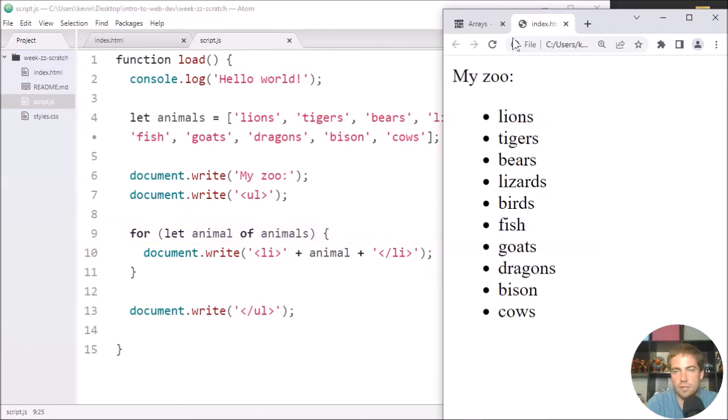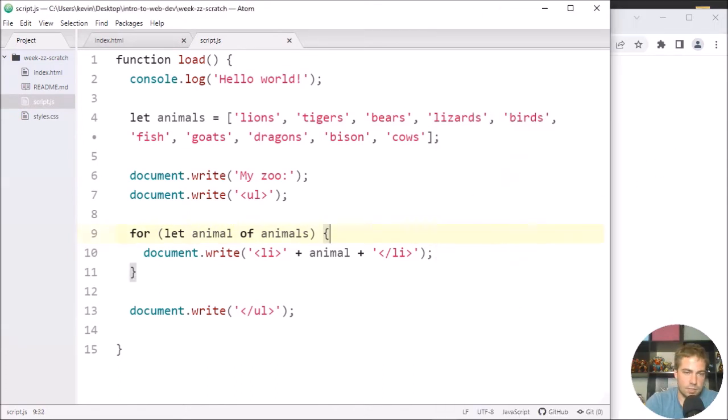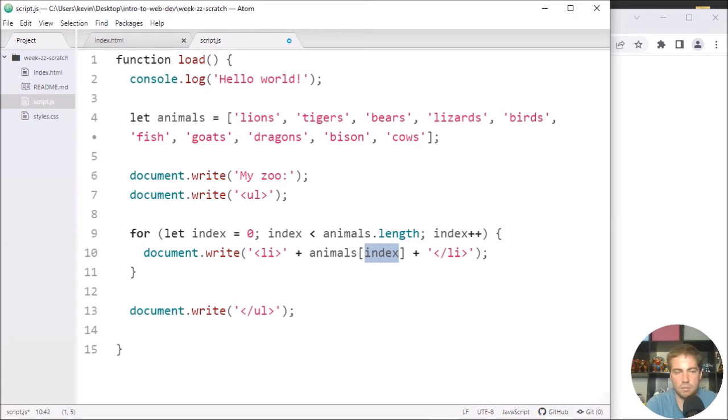So I'm going to go over here and refresh, and nothing should change. So it's up to you which syntax you prefer. I switch back and forth, honestly, but you can either use this for of syntax, or you can use this index syntax. Really what it comes down to is, do you need the index? And if not, then probably use for of. But if you do use the index,